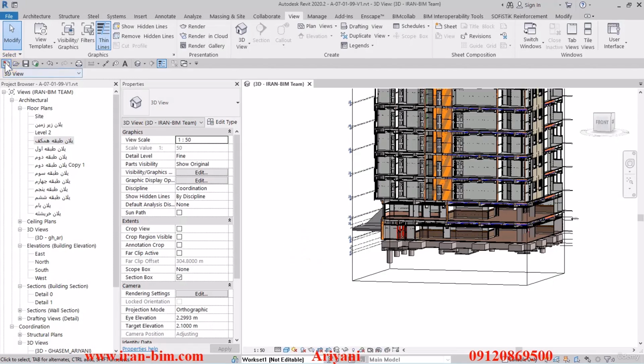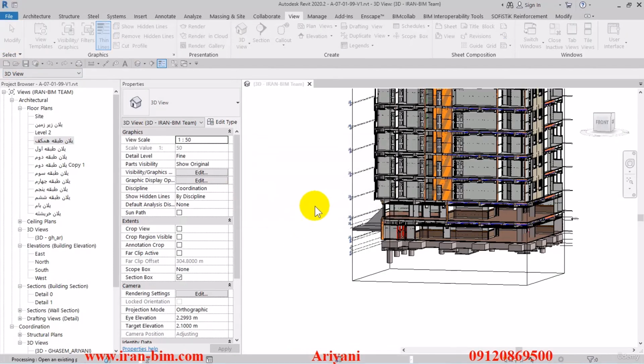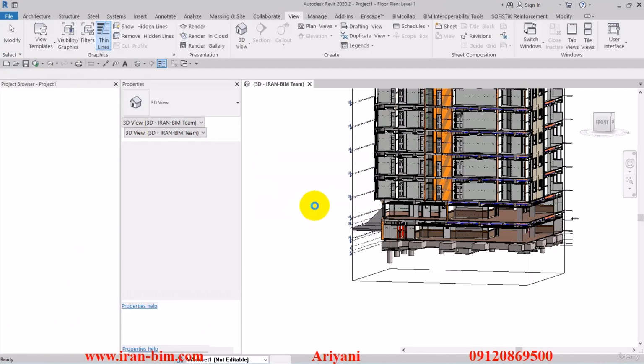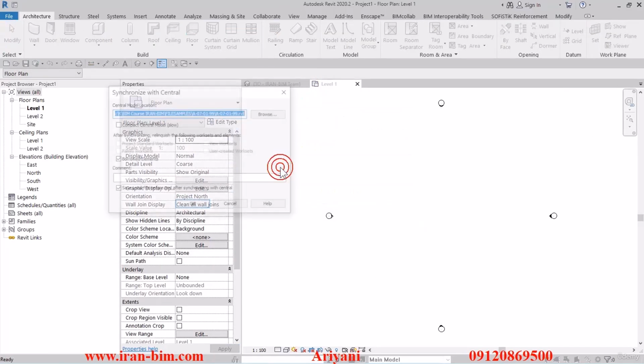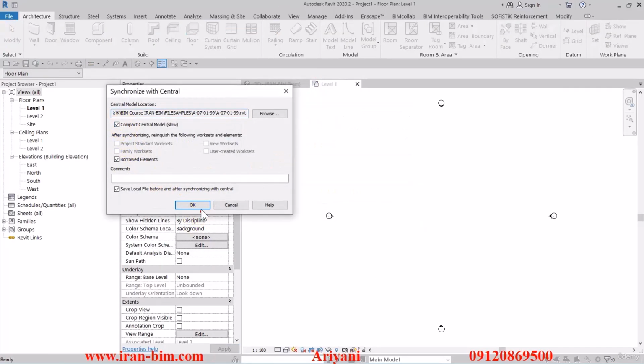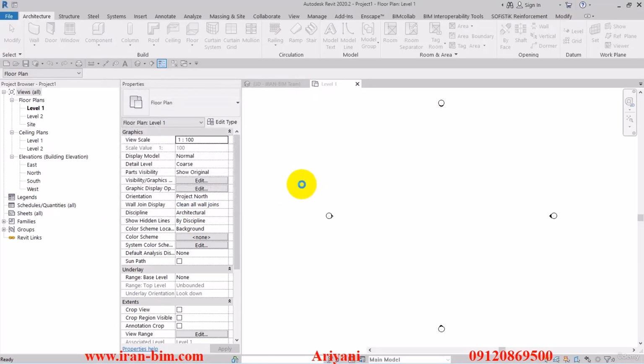So I'll open up a new project and then I'll close this tab here. Then select synchronize. Here check the compact box and then OK. Now we'll want to use the Dynamo tool in this section so that it can do our work automatically in